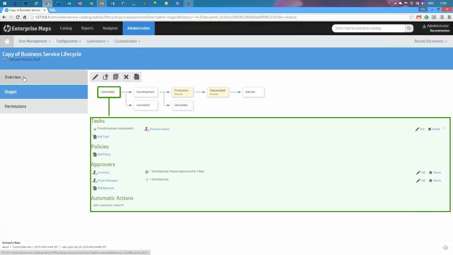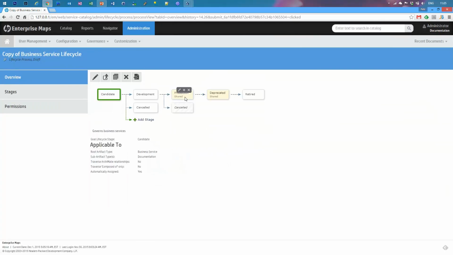So here you can see the details about the stages. The stages are defined on the overview tab. So here you can create all the stages. You can remove them. You can add new. So if I want to, let's say,